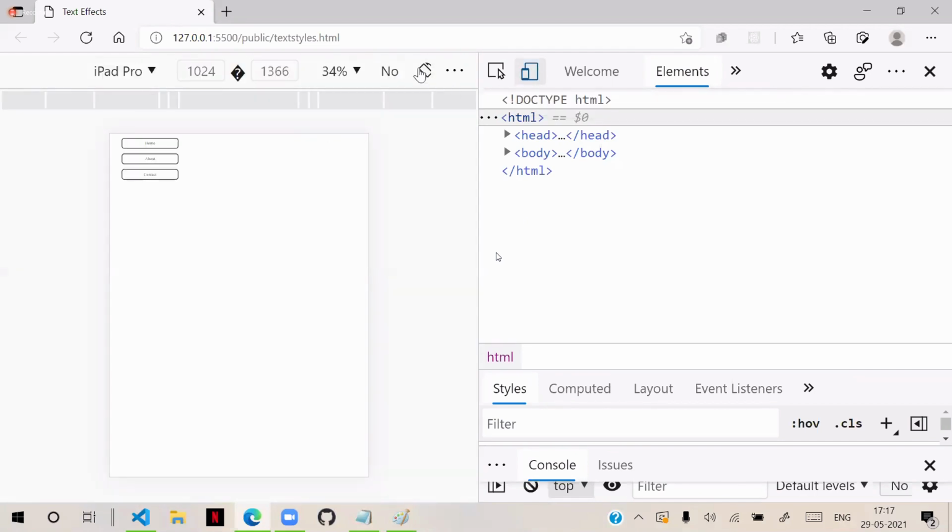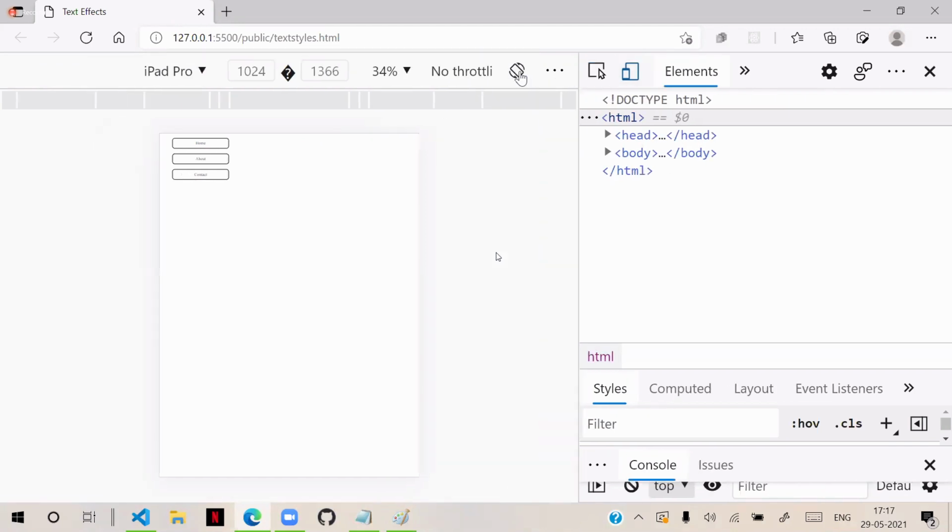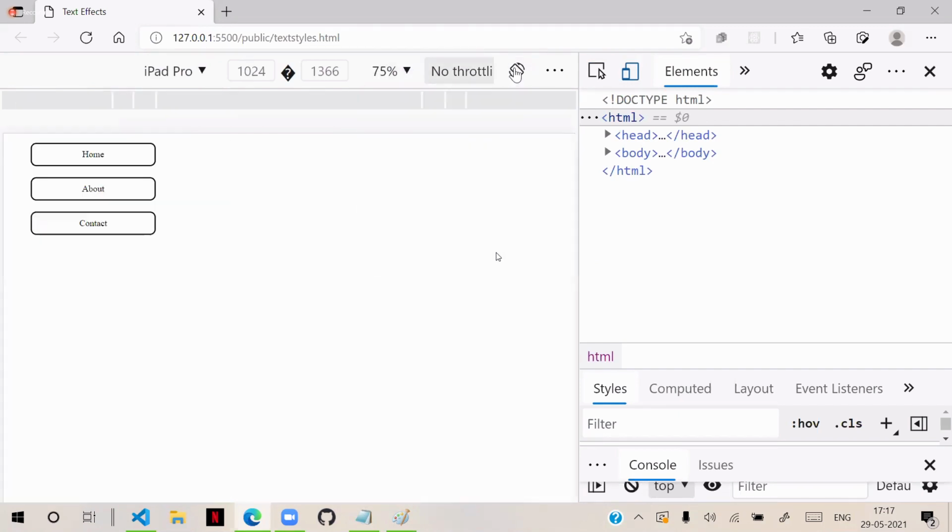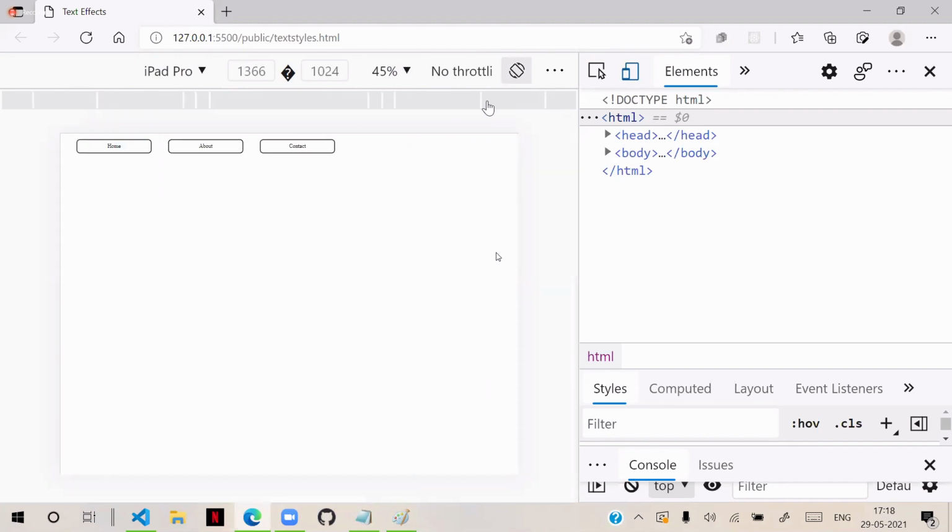In that, this is orientation. This is rotate. You have an option rotate at the top. You rotate here, and I will change the zoom level a little bit here. When I rotate this, you see it will be like this. That is landscape. And this is portrait.